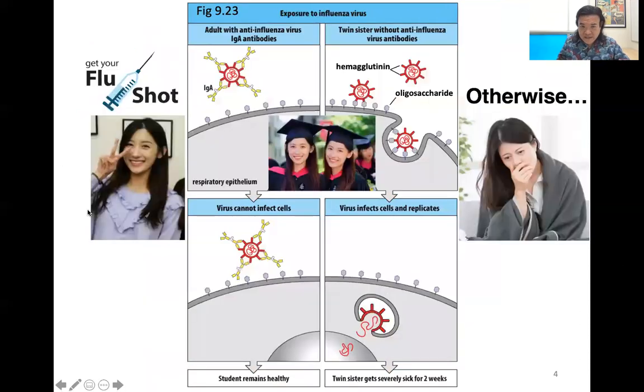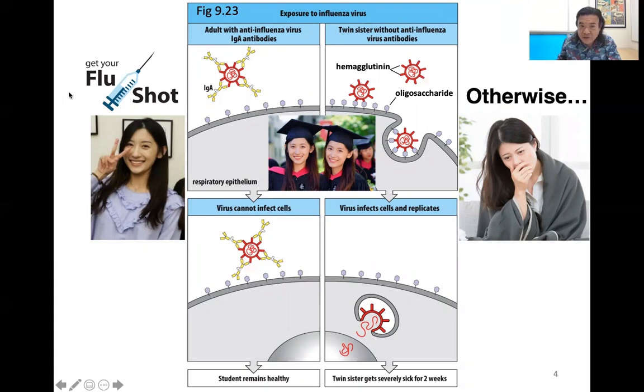What about vaccines, though? So here's another scenario. Both of these scenarios, the brothers and also these twin sisters, are scenarios that your textbook uses. I think they're kind of funny in a way, because I don't know why the book goes to the extent of actually coming up with a story like this, but it's kind of nice. So you have these twin sisters, and they're in college together,